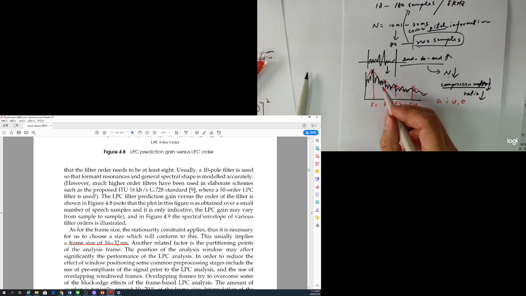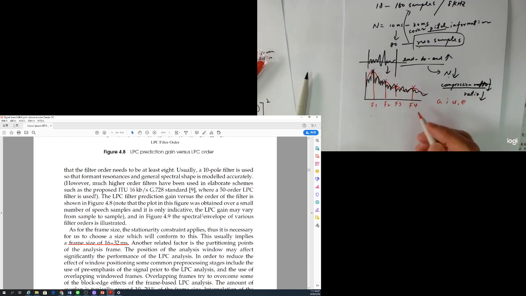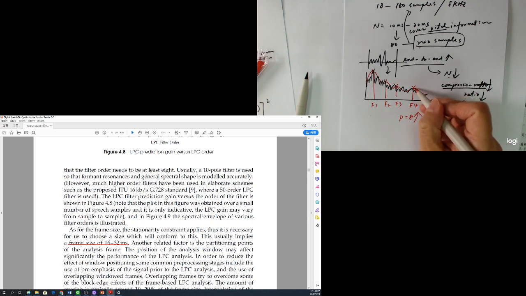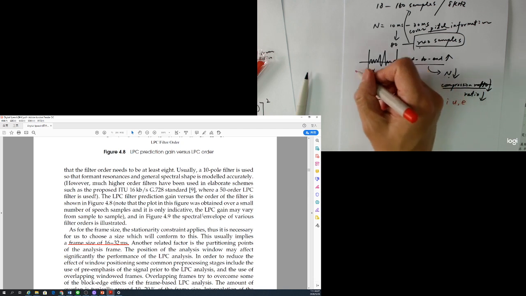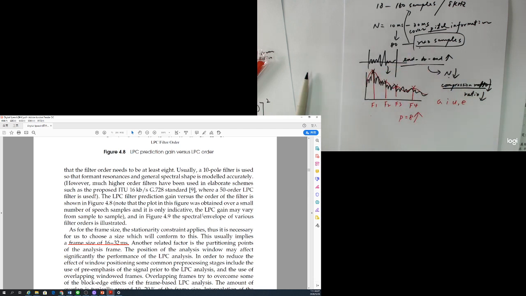Because you try to model this one, so you have 4 peaks, so your P order should be bigger than A, more like a sample series. So our order becomes A, so we can see you have four turns here. If we have a frequency like 4, our sample frequency should be bigger than A, because